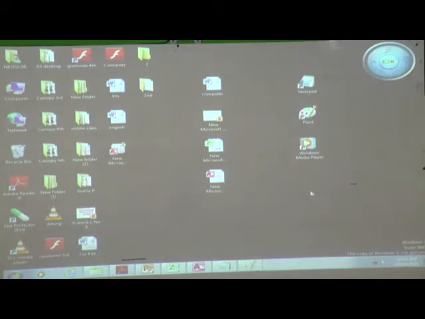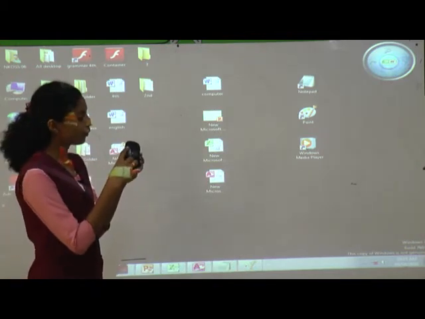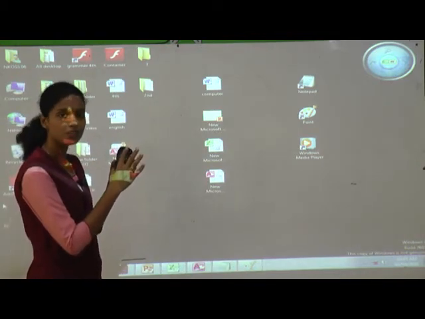It is our empty place, right? How many buttons does a mouse have? Don't look here and there, look here only. Yes, how many buttons does the mouse have? The mouse has 3 buttons. The first one is the left button, then the right button, and the middle one is the scroller button, right? Then if you want to create a new folder on the desktop, how to create? This is the mouse, left button, right button, and the middle one is the scroller button.